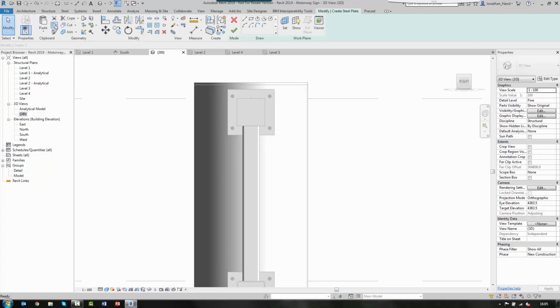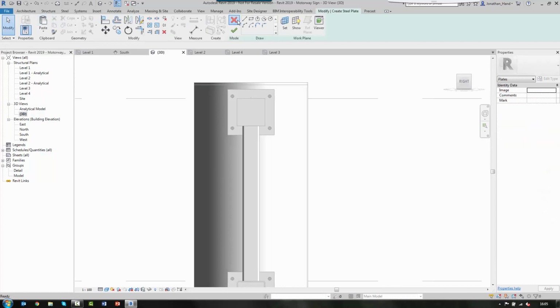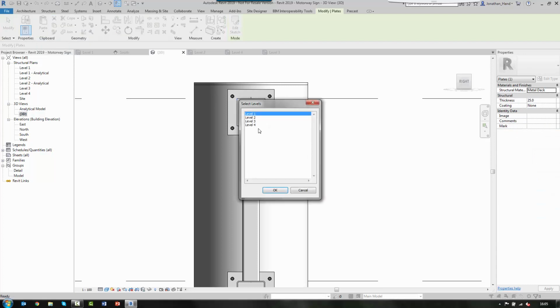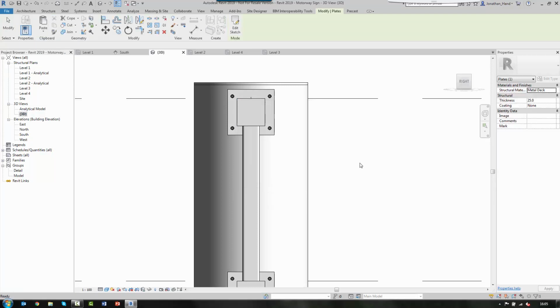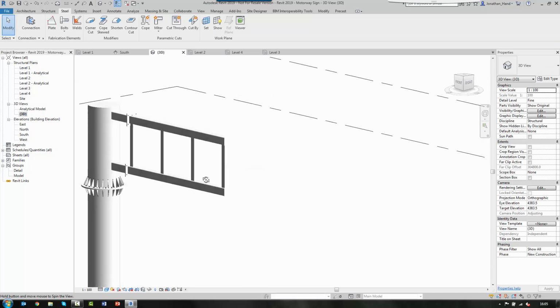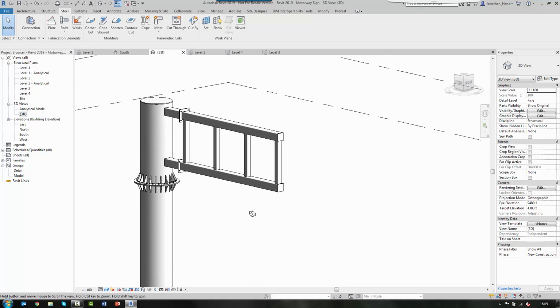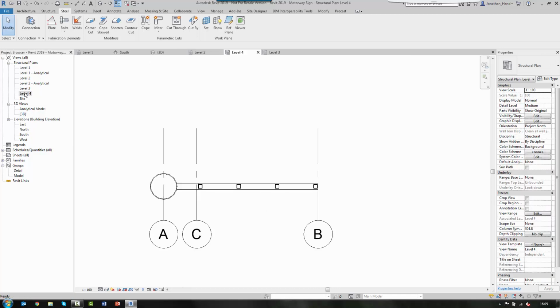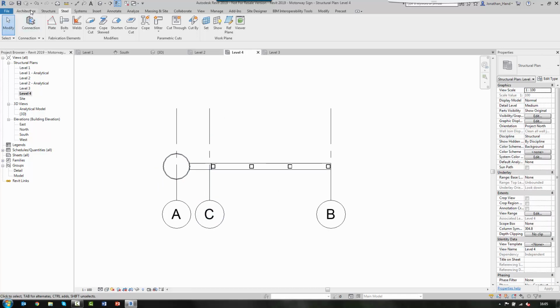Again, I can click copy, paste, align the selected level. Let's go to level 3, and there's the plate in position here. I'm just going to go into level 4, and I'm going to put